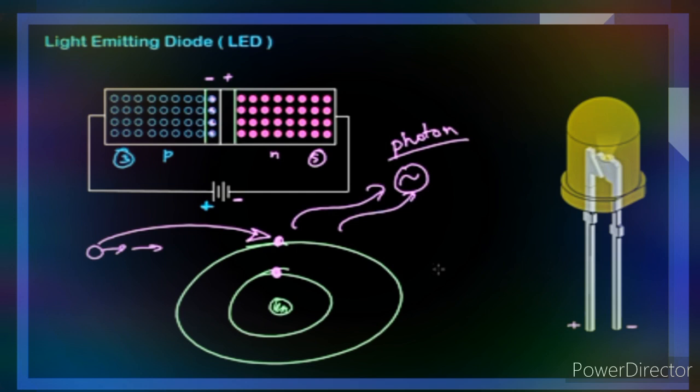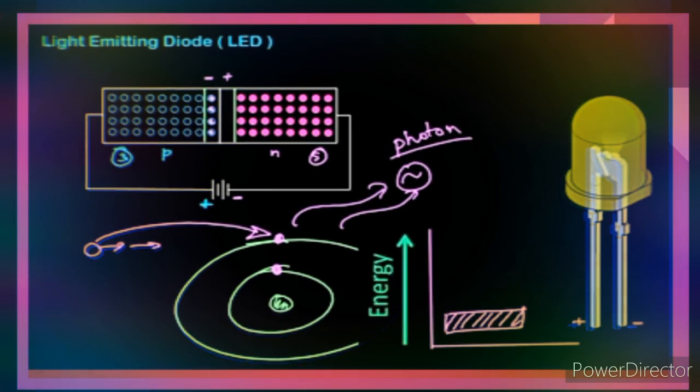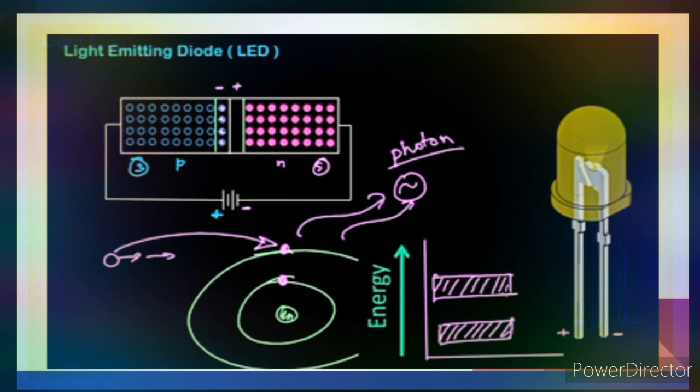The free electrons in the conduction band release energy in the form of light before they recombine with holes in the valence band. In silicon and germanium diodes, most of the energy is released as heat and the emitted light is too small. However, in materials like gallium arsenide and gallium phosphide, the emitted photons have sufficient energy to produce intense visible light.